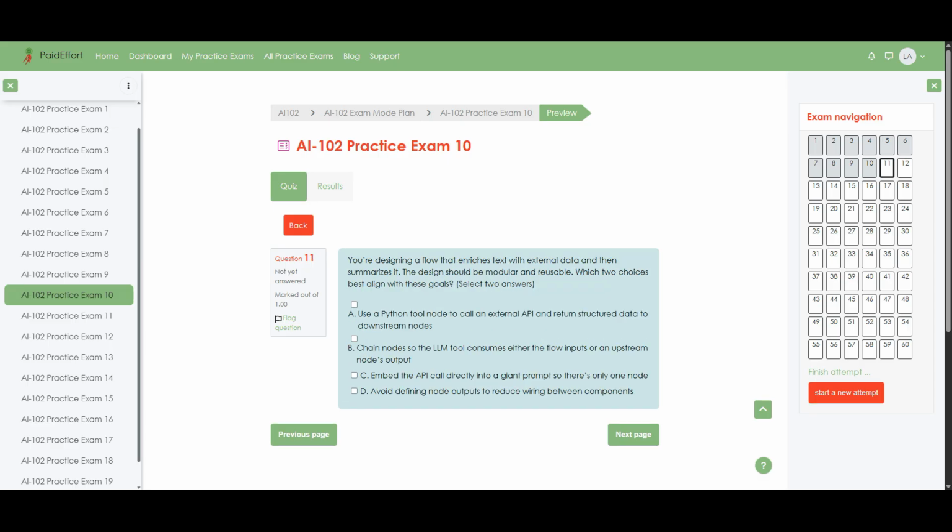Question 11. You're designing a flow that enriches text with external data and then summarizes it. The design should be modular and reusable. Which two choices best align with these goals? Select two answers. A. Use a Python tool node to call an external API and return structured data to downstream